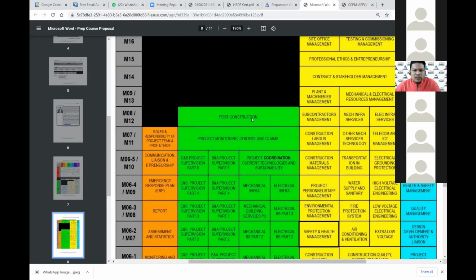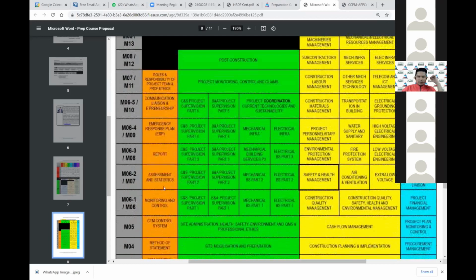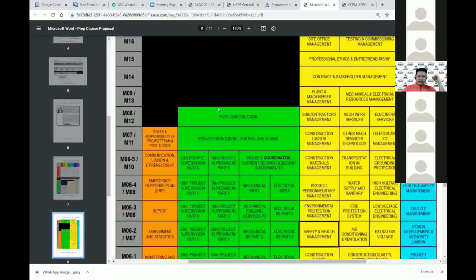To be fair, even though CSS has 8 modules, it's actually 12 modules, because we have M1, M61, 62, 63, 64, 65, 7 and 8. So basically we reach M12. Actually it's quite a lot, not just 8.